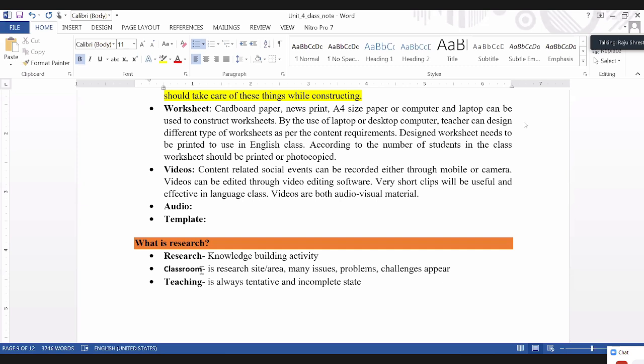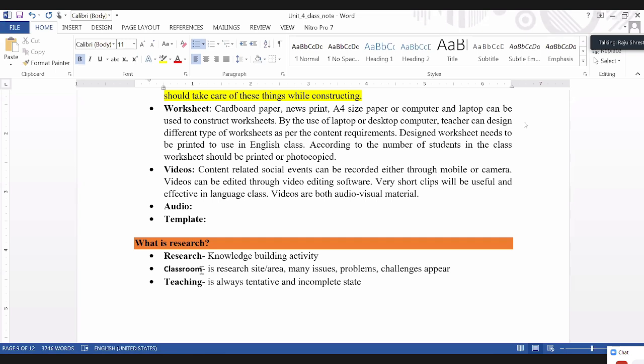So topics are the issues, the problems, the challenges which a teacher faces in the classroom. So what we have to understand: the classroom is a research area, a research site where a teacher faces many problems, issues, and challenges, and teaching is always tentative and incomplete. We always teach by guessing, whether it is this or that; no one can teach exactly